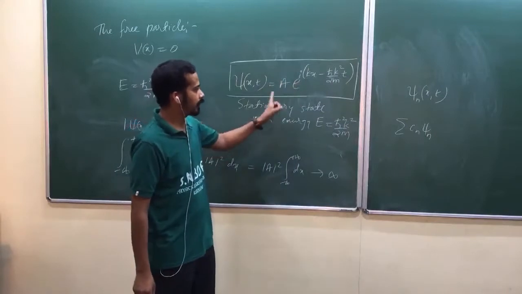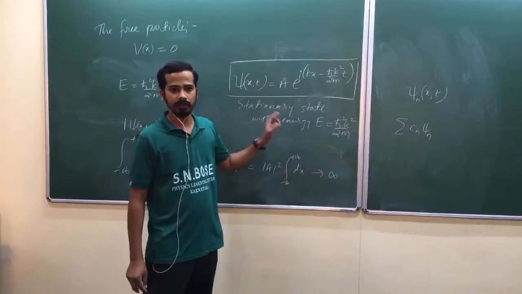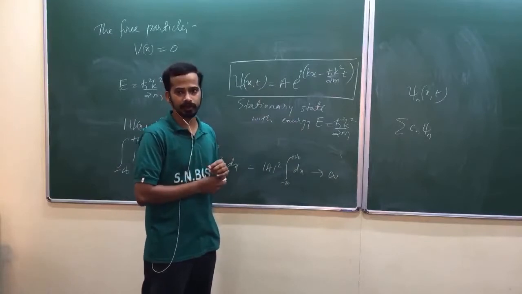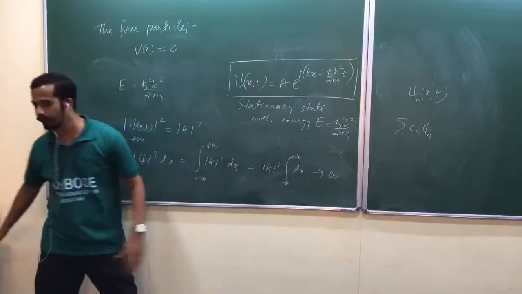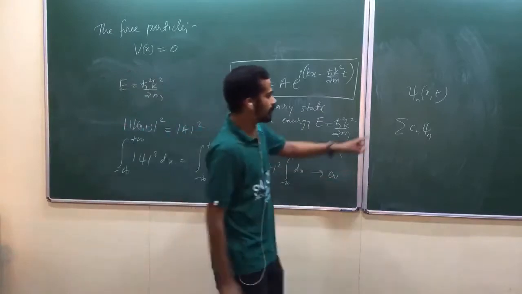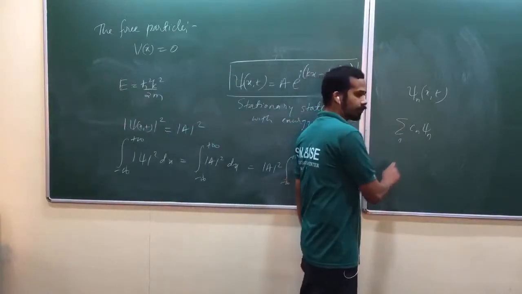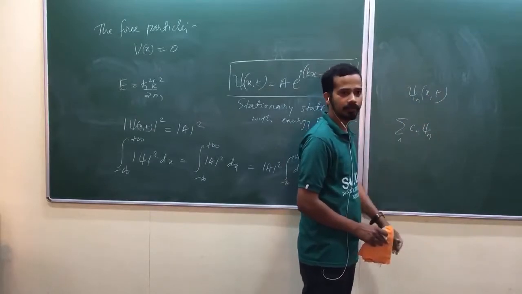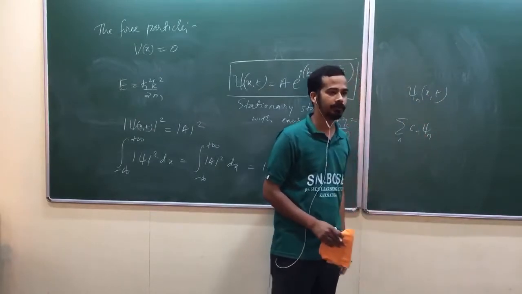But here, a free particle cannot be in a stationary state. There is no definite energy state. But it can be in a linear combination state, am I right? There is no such restriction. Now, while doing this linear combination, you have done a summation. Why? You had discrete wave functions. Are you getting my point? Psi 1, psi 2, psi 3.